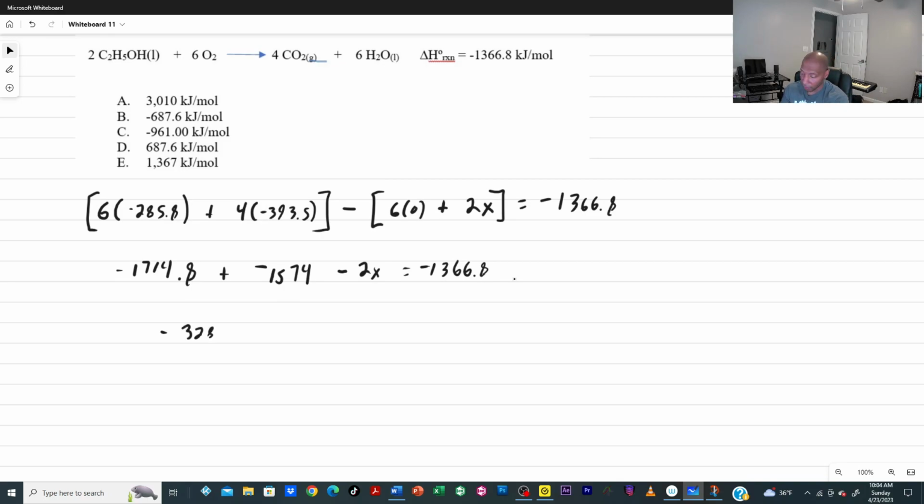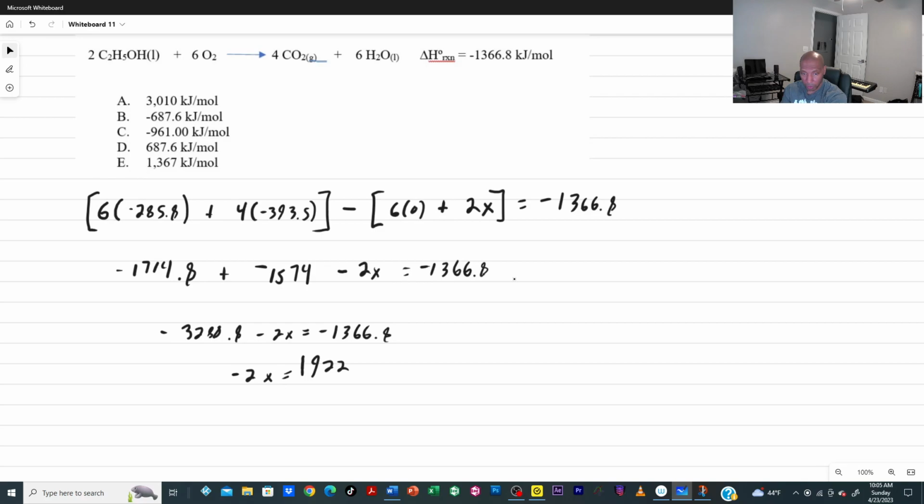Now I'm going to combine the 1574 and the 1714.8. And I get a negative 3,288.8 minus 2x is equal to a negative 1,366.8. I'm going to add a positive 3,288.8 to both sides. I get negative 2x is equal to minus 1,366.8